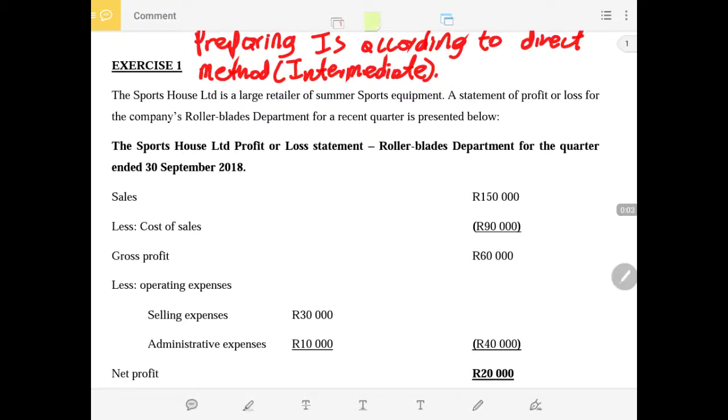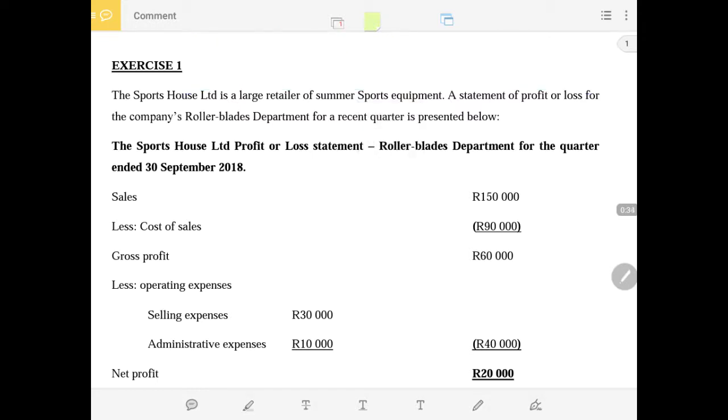Good day, students. Once again, I am going to spend some time doing this question. This question is on the preparation of the income statement according to the direct method. After evaluating the question, I thought I can say it is at an intermediate level. It's not advanced and it is not a basic question, but a bit intermediate. So our main focus is to prepare the income statement according to the direct method